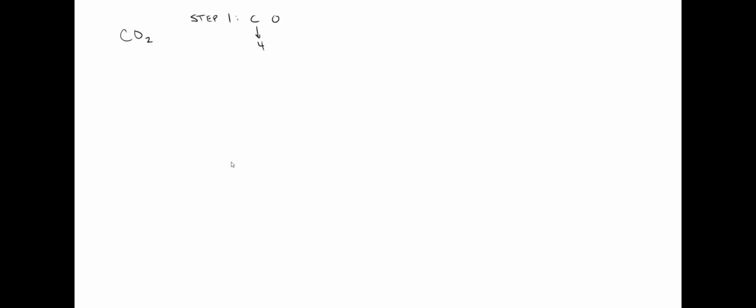And oxygen is in group 6A, so it has 6, but there's 2 of them. So we're going to have here 4 plus 6 times 2, which would give us a total of 16 valence electrons. After a while, you can just do this in your head, but you always want to